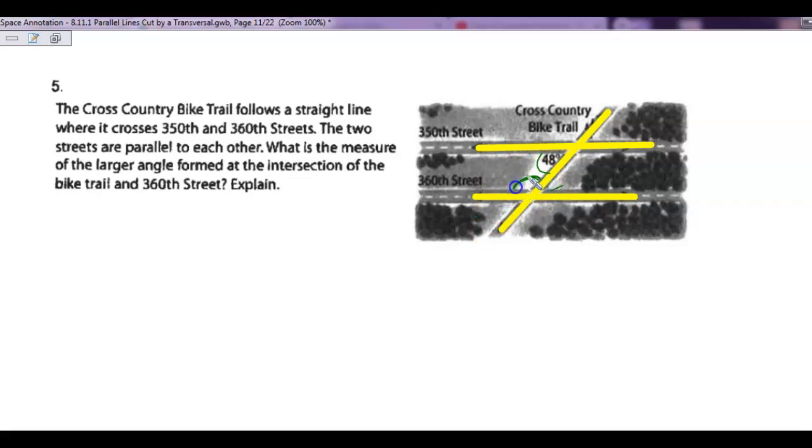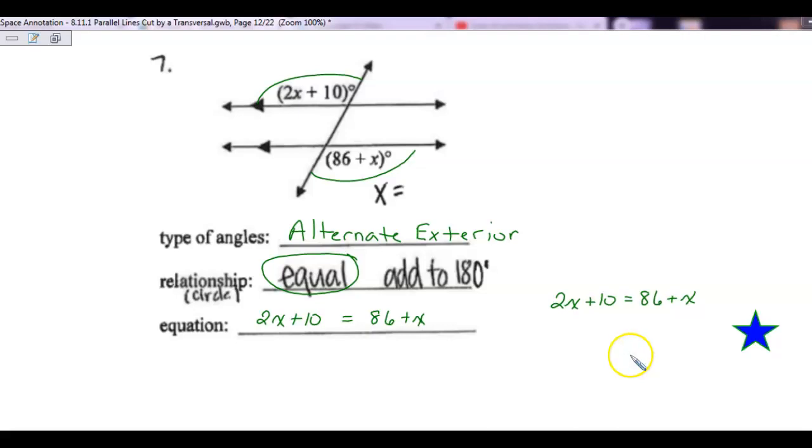What kind of angles are these two? And if you said same side interior, and we know that those are equal to 180, you are correct. So if we take 48 plus our unknown, and we know that it's going to equal 180, solve to find x. So x is